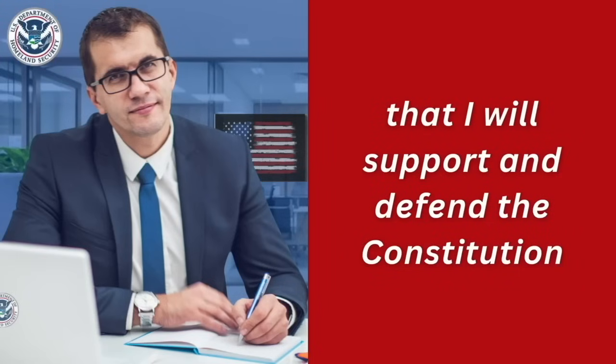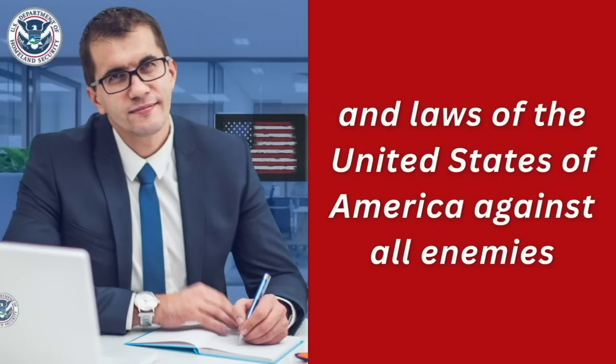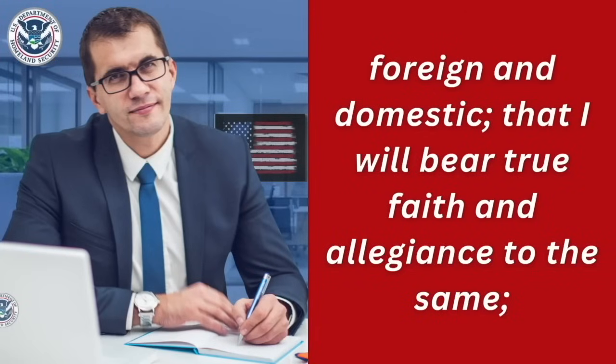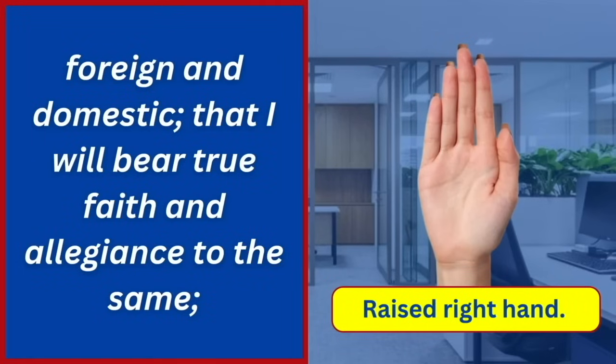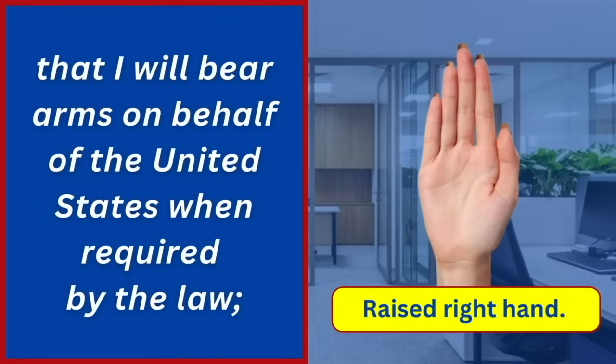That I will support and defend the Constitution and laws of the United States of America against all enemies, foreign and domestic, that I will bear true faith and allegiance to the same, that I will bear arms on behalf of the United States when required by the law,